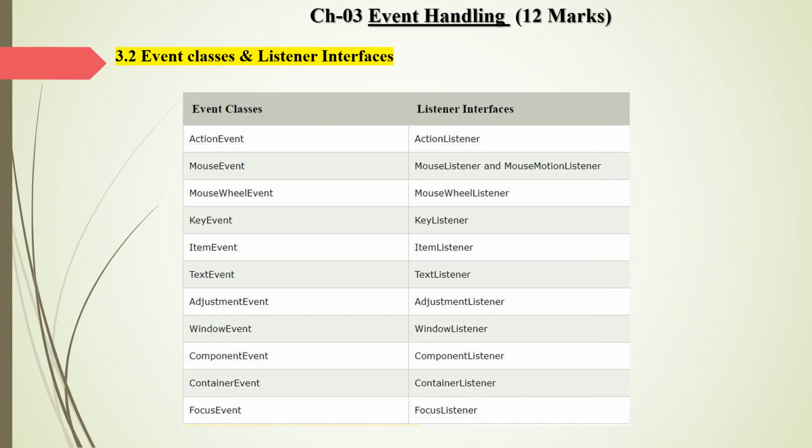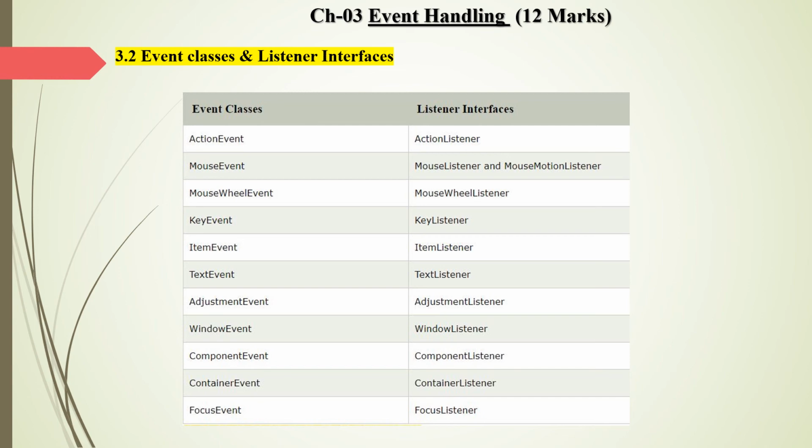So every class has its respective listener. Okay, and when we see the coding related to event handling, this is very important, because we use these listeners to handle the event.